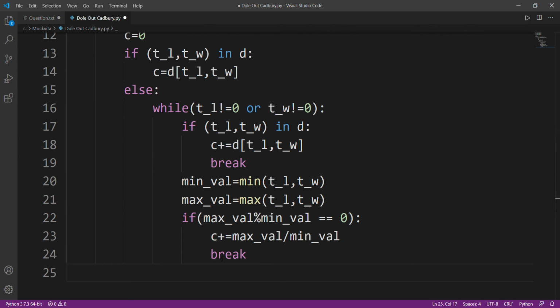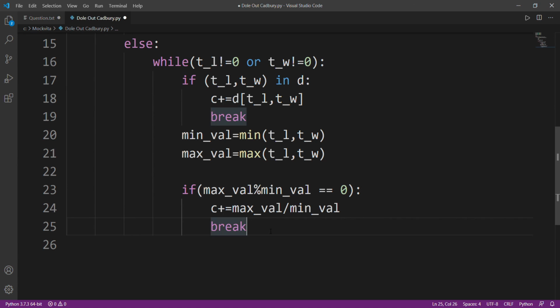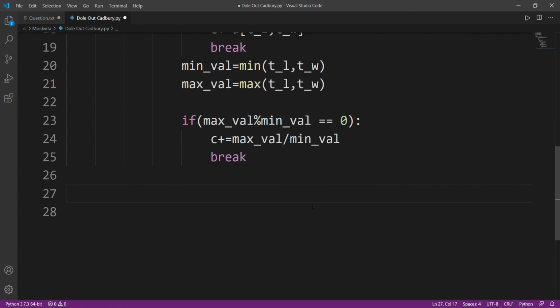I already told you, if both of them are divisible, if the input is of form 90 and 30, then we know we can create only 3 bars of shape 30 by 30. So that is exactly what we are doing here. And even if we have a bar that is of a perfect square shape, like 30 by 30, 30 modulus 30 is equal to 0, so the count will be 30 divided by 30, that will give me 1, and we'll simply break it. So we have encapsulated all the concepts in a single line.